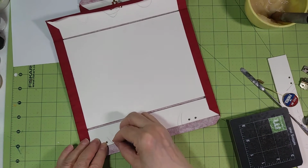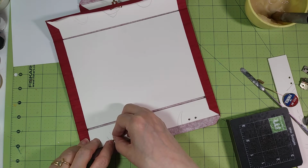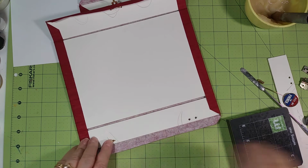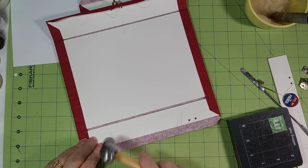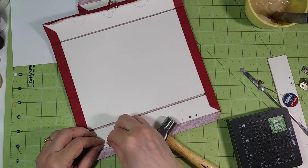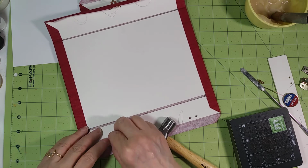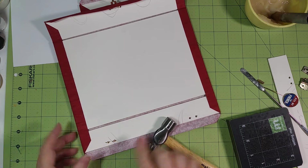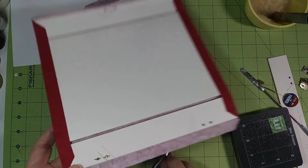Okay, there we go. Then we turn this over to this side, and we're going to spread those little things out. And hopefully they will spread out, and give them a little whack with our hammer. Come on, spread out, you little babies. See the little legs of the